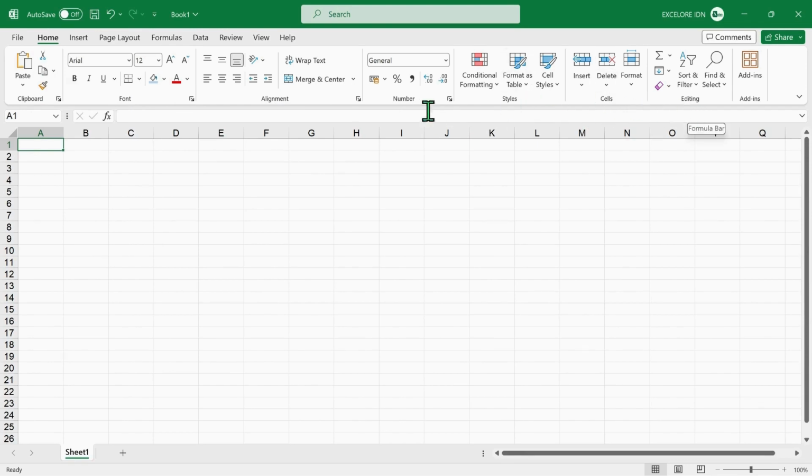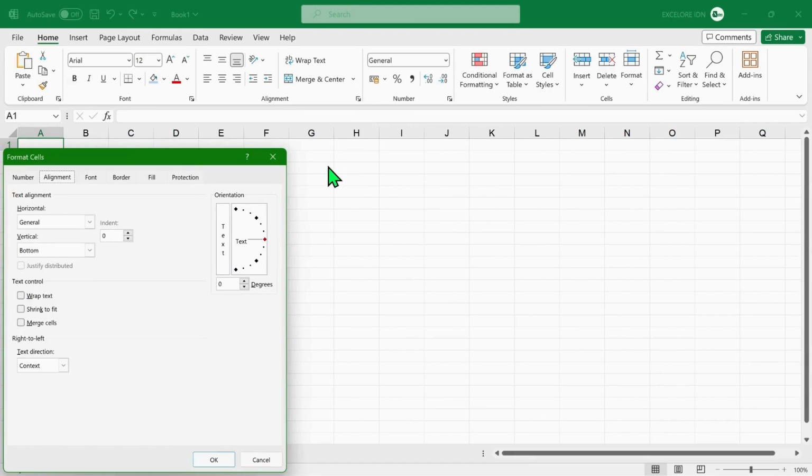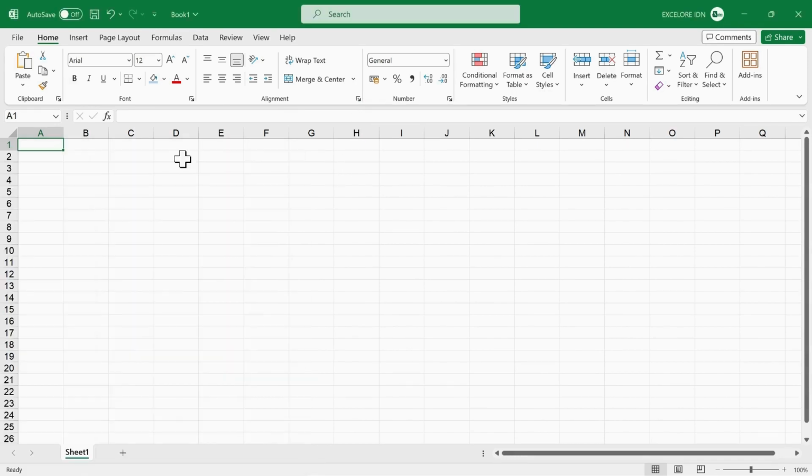Please notice that by clicking the small arrow next to a group name, additional command buttons that are not visible on the ribbon will appear. Apart from the Home tab, there are 8 other tabs that contain as well a variety of command buttons. Over the course of this tutorial, you will become familiar with most of these tabs and their command buttons.